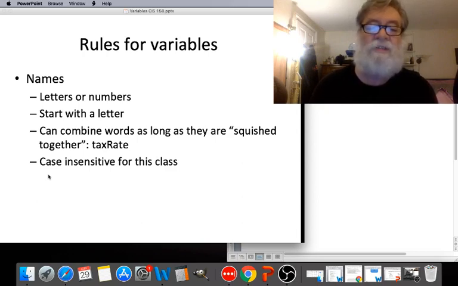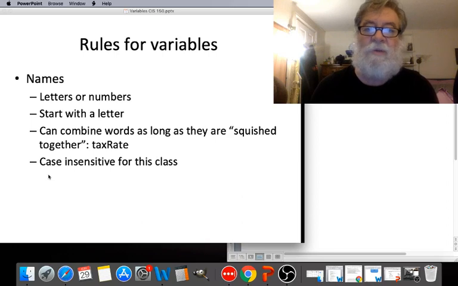By the way, most of the time people actually do capitalize them in a way which makes things clear. So they often capitalize the first letter of every word, or they do what I did up there with the taxRate. They capitalize only the first letter of every word after the first word. That's sometimes called camel case, because it looks like there's a hump in the middle. And it's just an easier way to see things. The main thing to know is that variable names need to be